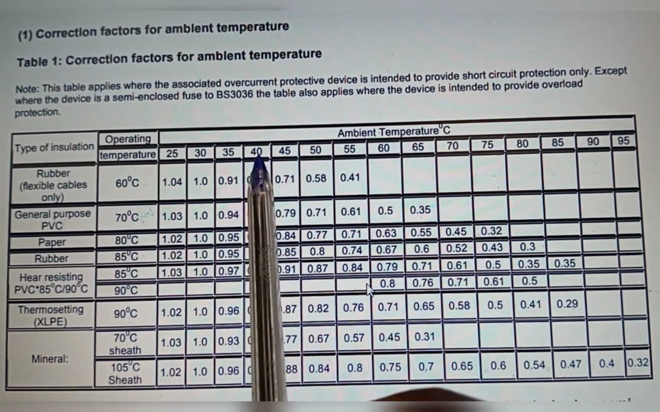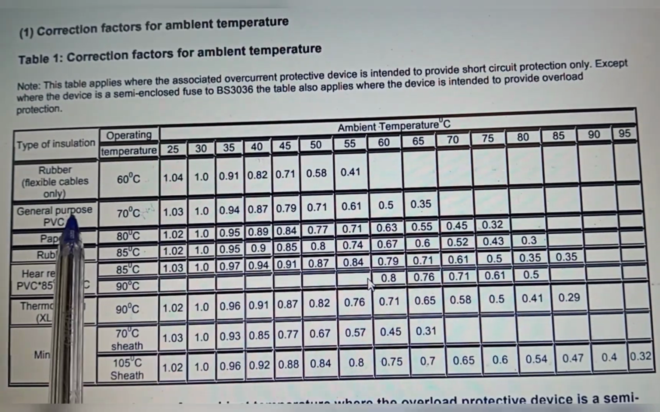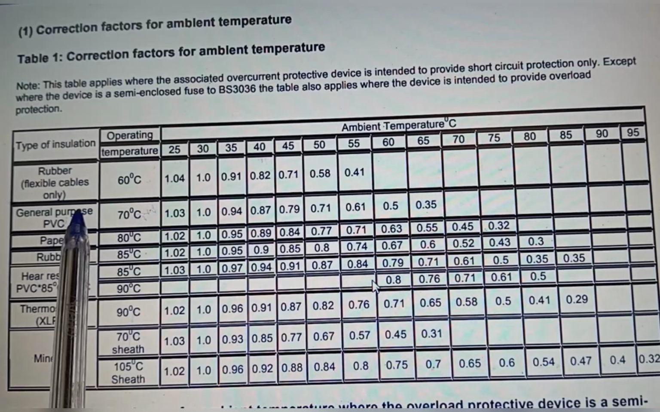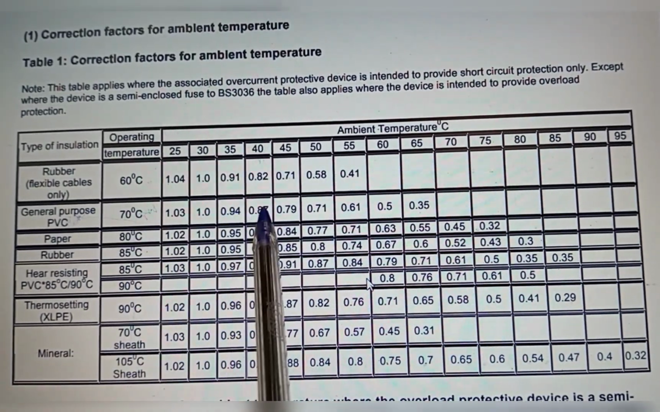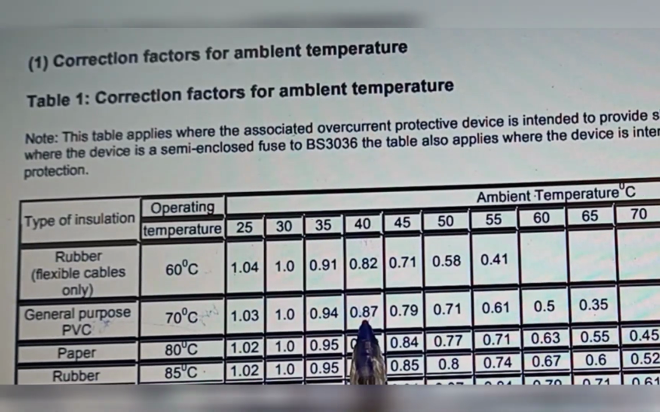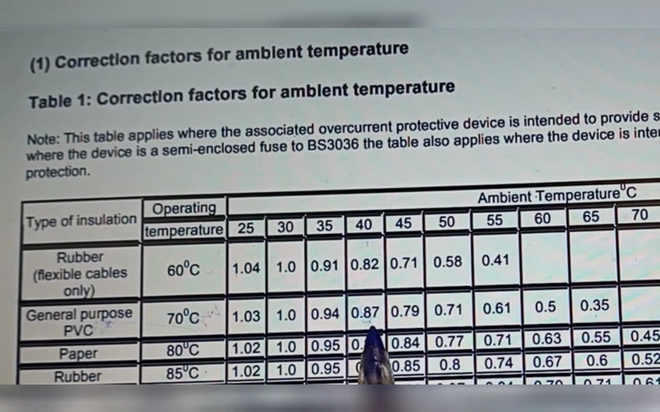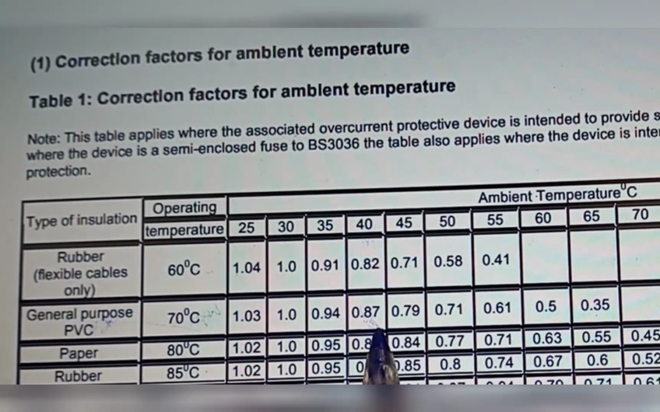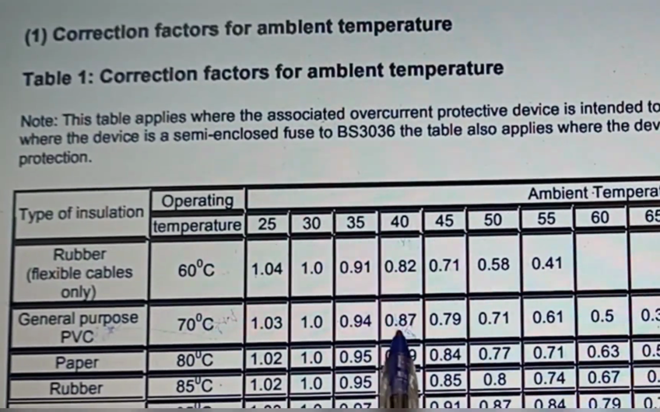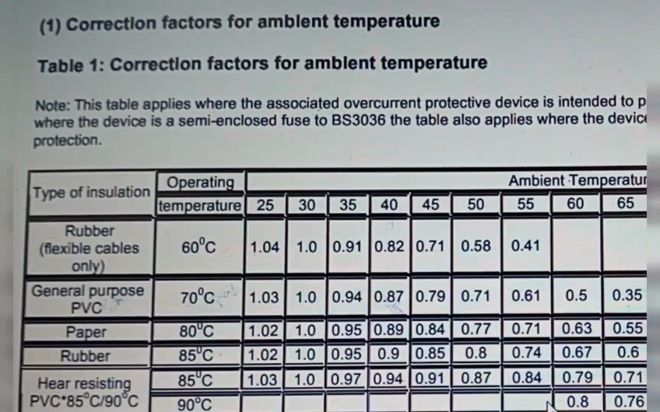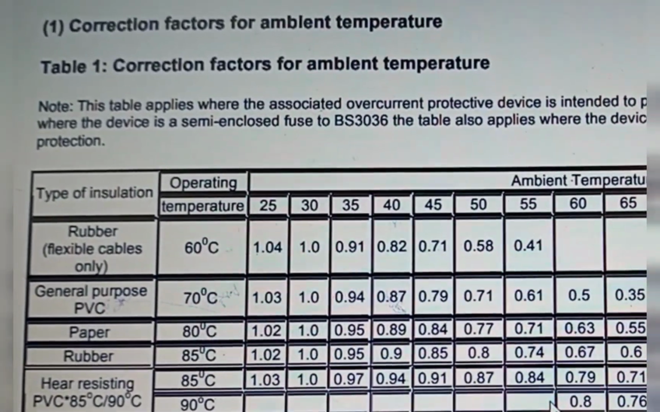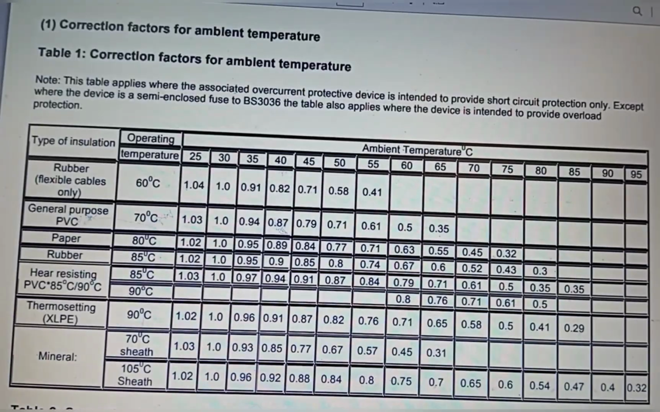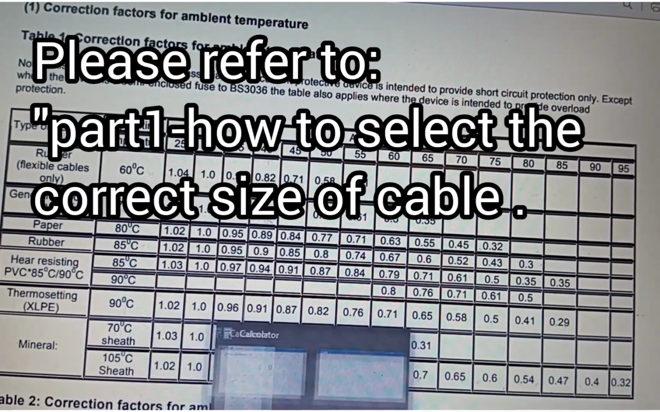So now our ambient temperature is 40 degrees Celsius. The insulating material is PVC. So we come here, 40 degrees Celsius against PVC insulation, so we have 0.87. Now, what are we doing with this 0.87? All right, so from our first table, we know that